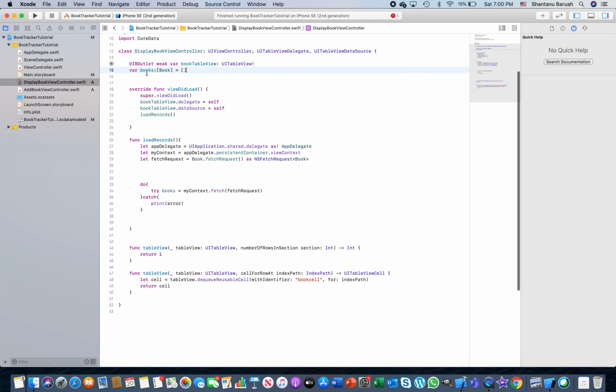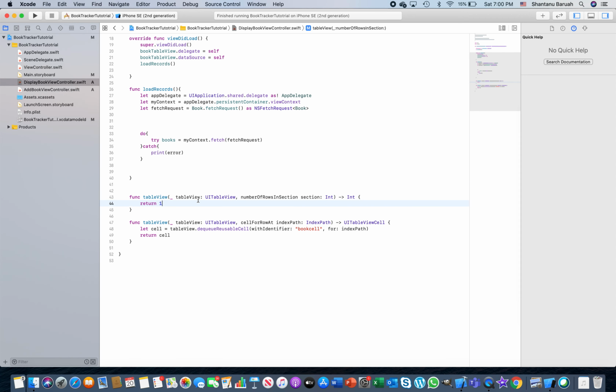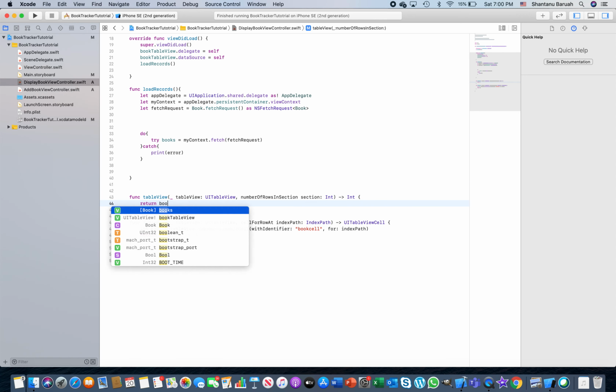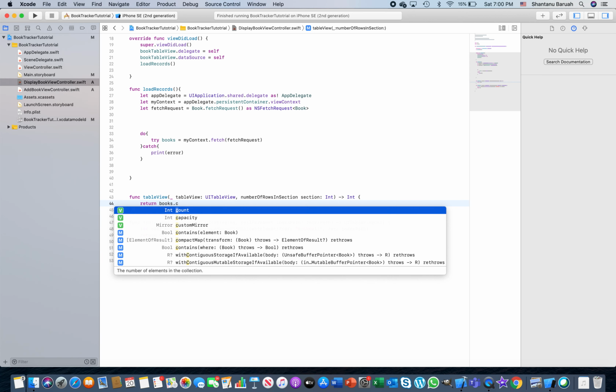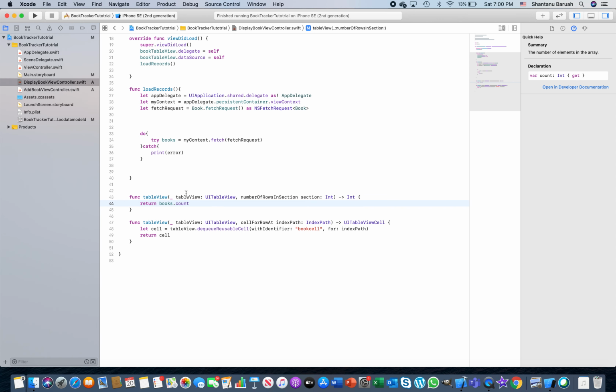So I put it here. Now this function can see it, so can this one, right? So instead of return, I will say return books dot, there is a function known as count. So total count, if there are 3 books, it will say 3. If there are 4, it will say 4. You have done this before, right? From an array standpoint. In the cell, I will say cell